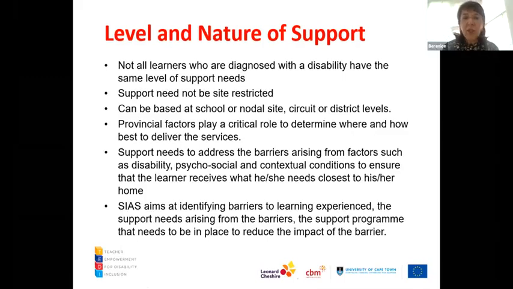So it can be based at a school or a nodal site, a circuit or a district. Provincial factors play a role to determine where and how best to deliver the services. Support needs to address the barriers arising from factors such as disability, psychosocial and contextual conditions, and CIAS aims to identify the barriers to learning, the support that you need, and the support program that needs to be in place to reduce the impact of the barrier.